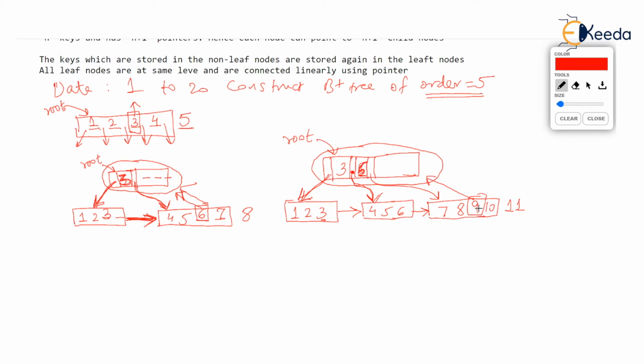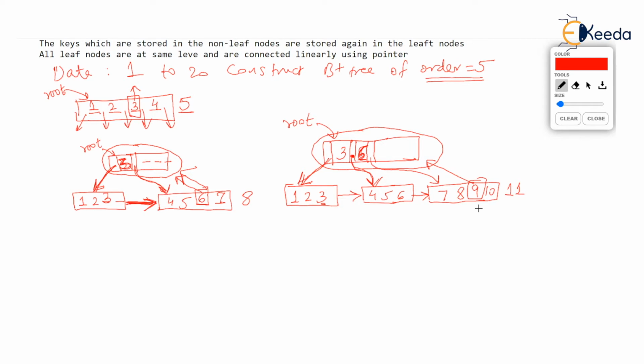I hope you have understood enough about the B plus tree, how the values stored in the non-leaf node are stored again in the leaf node. But by the way, let's continue for a few more values. We are not going up to 20, observe. But now, if this split occurs and 9 is sent up, what is the latest tree?